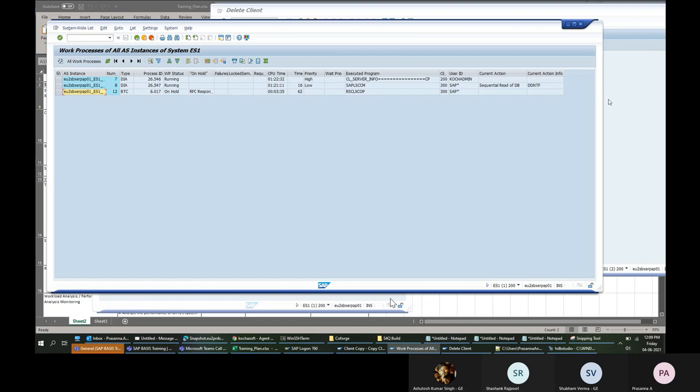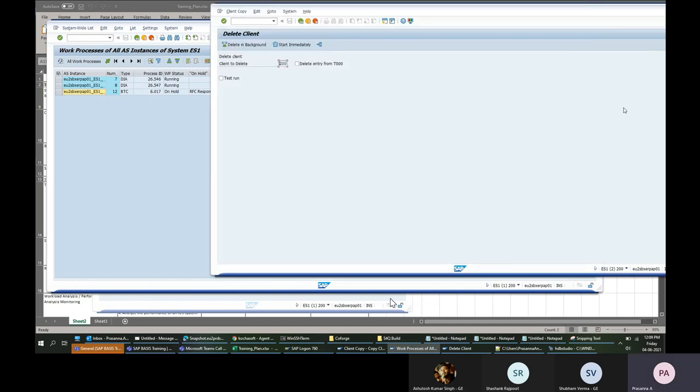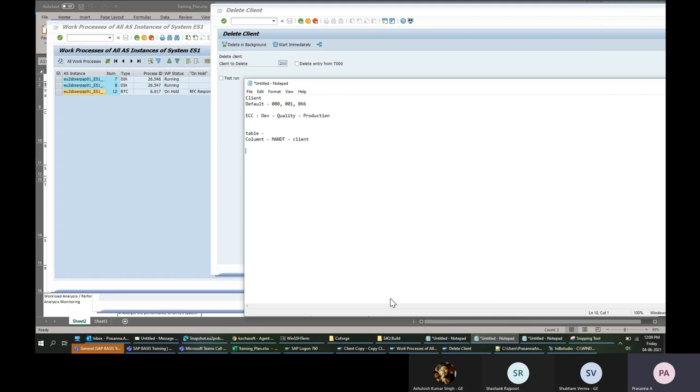So this is the concept of running it in the background and running it in dialog. Also, there is the need to run something on a schedule. Let me assume there will be some repetitive process. Assume a shop is open from 9 to 6, and by 6 o'clock they close the business. After 6, they want to do some reconciliation. They want to see how much business they have done and how many goods they have moved. They want to see everything in a report.